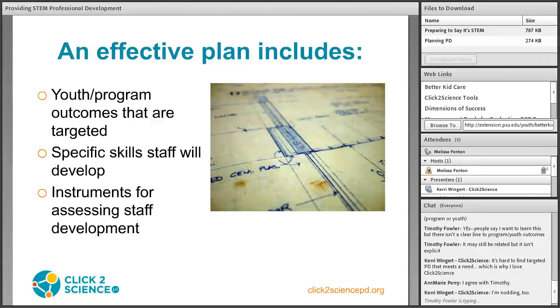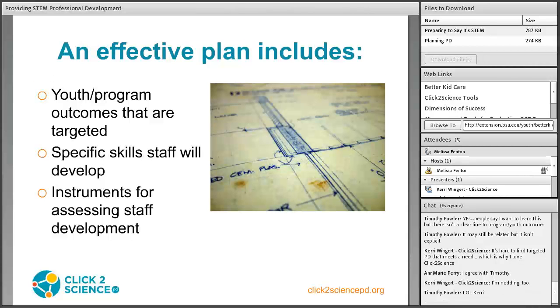Was it because of the structure? Was it because of the materials that I had? So using this effective planning scheme is really important, because it does help you pinpoint what's effective, what's not effective, and then you're not just doing PD to do PD. You're doing PD that's really influential, that's building the skills of the staff, and helping your staff feel really